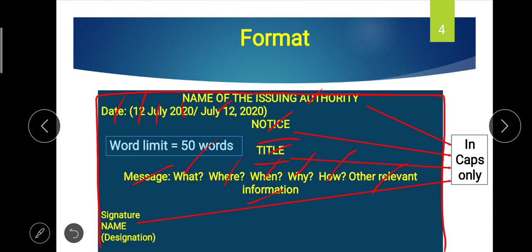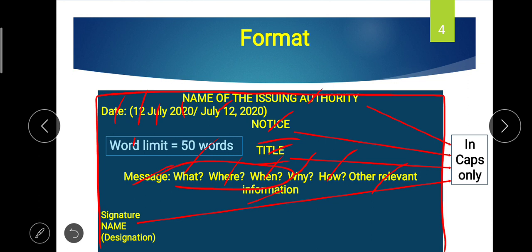In some notices you'll find that only 3 things are required. Out of the 5 WH areas, we need to mention what, when and where, but we needn't mention how and why. So while writing a notice, study the question very carefully, be very wise, use common sense and presence of mind, and invent all those facts which are core and relevant to that situation. They must be supplied.